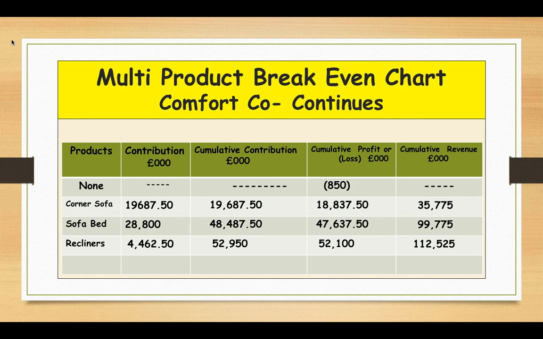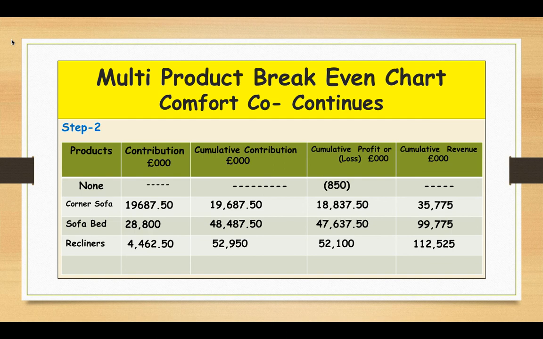Now, the cumulative contribution is also going to be the same, which is 19,687,500. Now, if you look at the cumulative profit or loss, we know from our marginal costing formula, contribution take away fixed cost, we will get the profit. So here the cumulative contribution is 19,687,500,